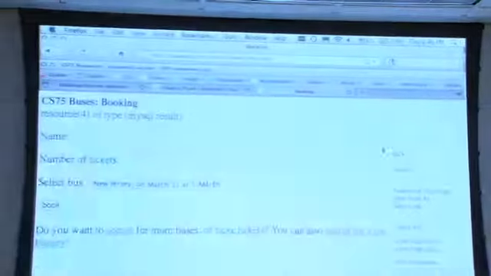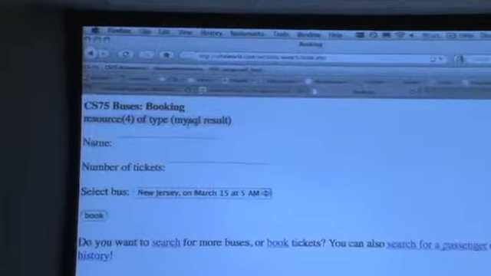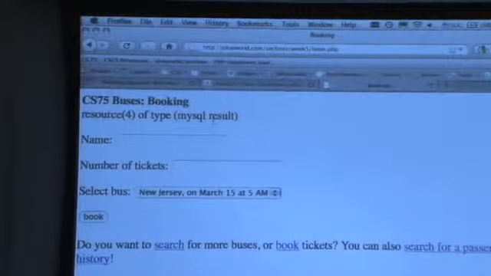Makes sense? Cool. It'll become a lot clearer once we start doing this. Let's go on book.php. This is just a random debug message that I had out. So let's type,